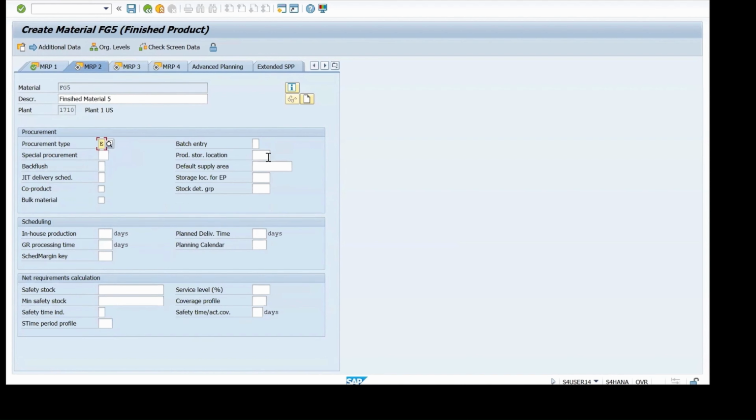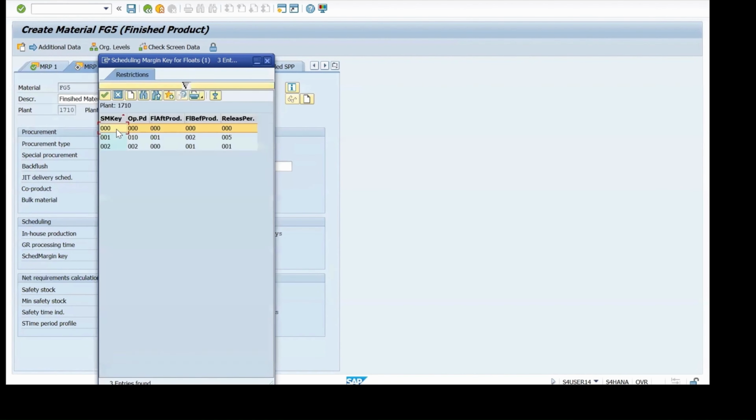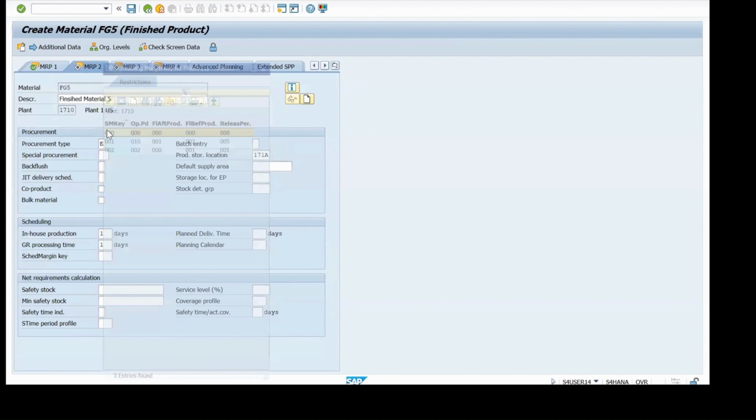And if you want, you can maintain the storage location as 171A, just because we maintained that storage location 171A in the beginning. In-house production time and GR processing time. And scheduling margin key, you can select one of the available scheduling margin keys. Of course, for scheduling margin key, again, there are 4 parameters: float before, float after, opening period,